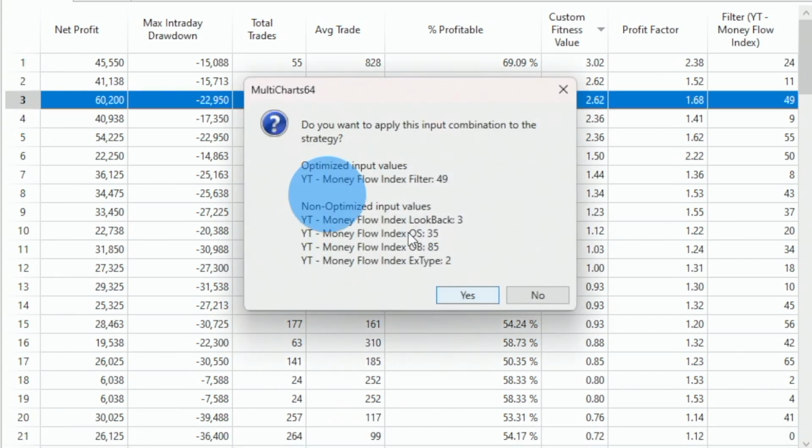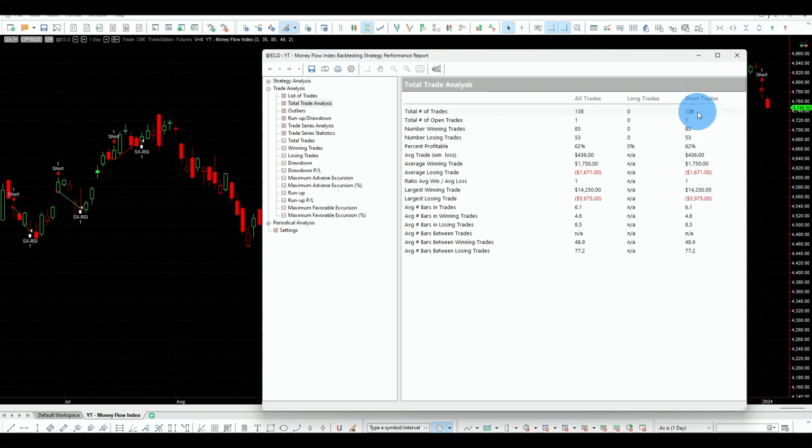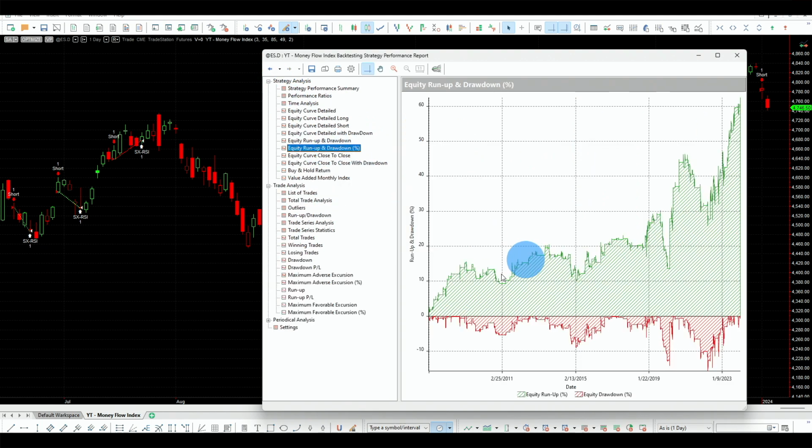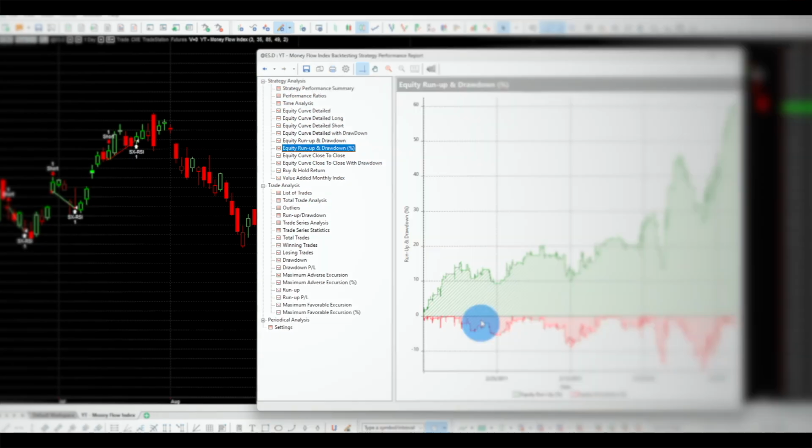And if we choose this filter, we have 138 trades making plus $400 on the short side. So again, this is really, really good. And this is how the equity curve looks like. So in my view, this is one of the best indicators that you can use to generate short strategies on the indexes. Because I think of the combination of the volume and the typical price. Because all other indicators, usually they are using price only, and that's why they have many false signals. This one is like using a filter, which is volume,